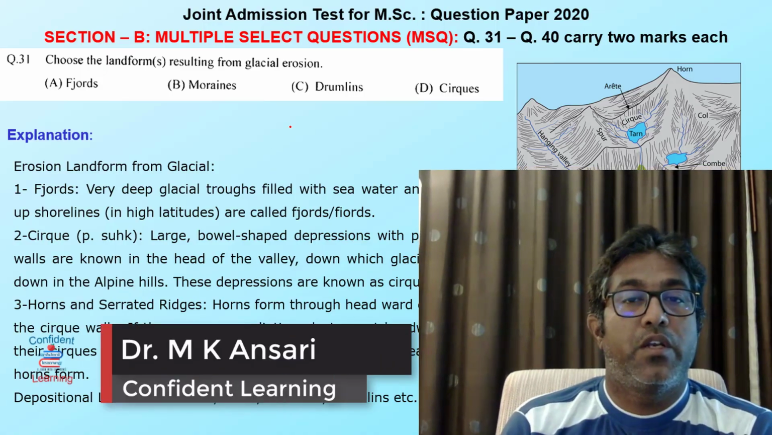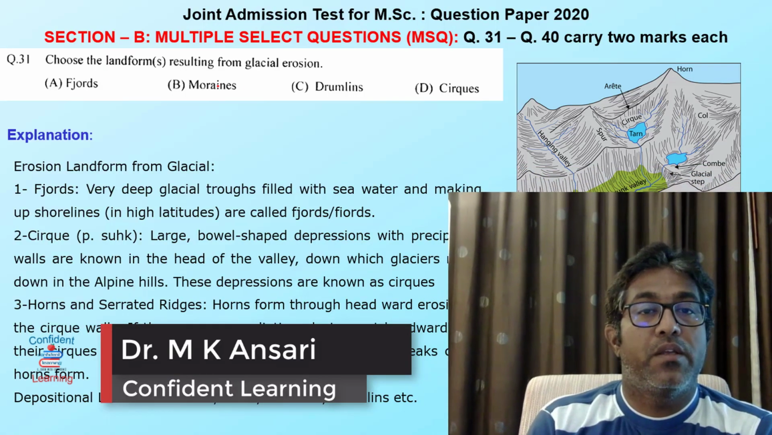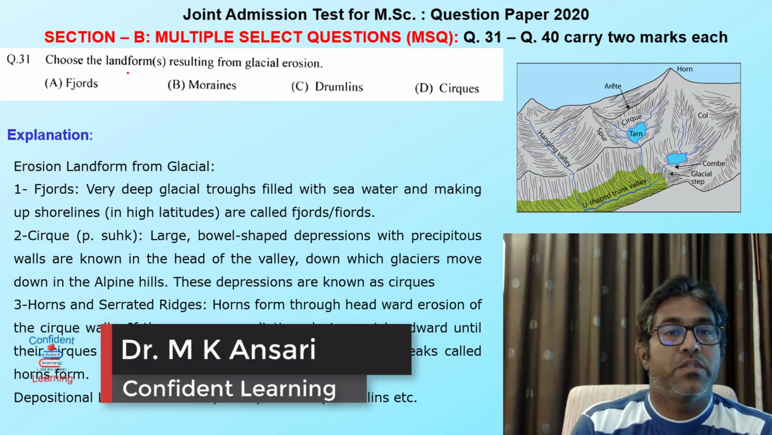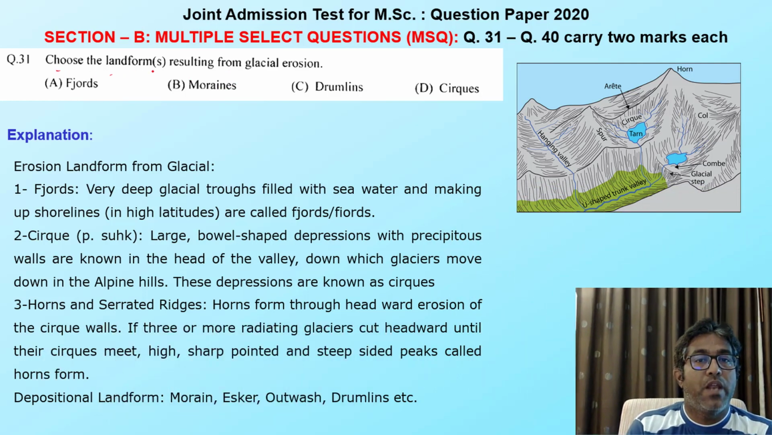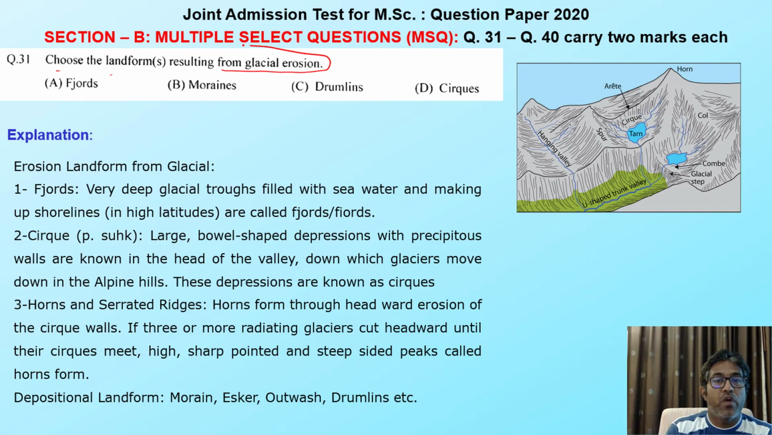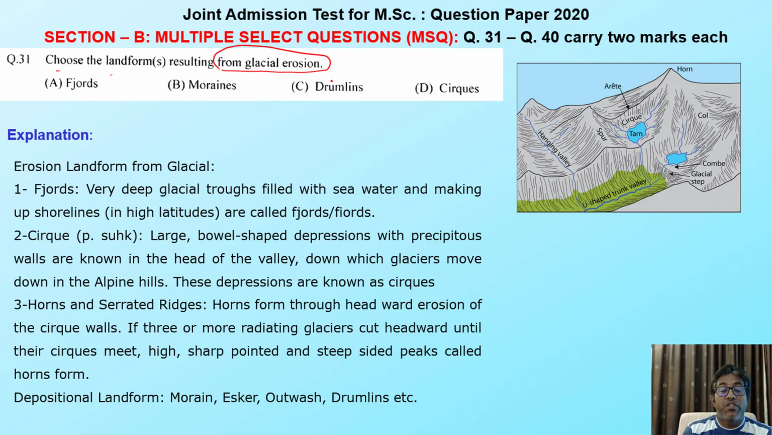This question is related to geomorphology. Let's have a look. Choose the landform resulting from the glacier erosion. We have to identify the landform formed by glacial erosion. You know that we have landforms related to erosion as well as deposition. Here, fjords, moraine, drumlins and cirque are all related to erosion or deposition. Let's identify. The fjords and cirque are erosional landforms, whereas the moraine and drumlins are